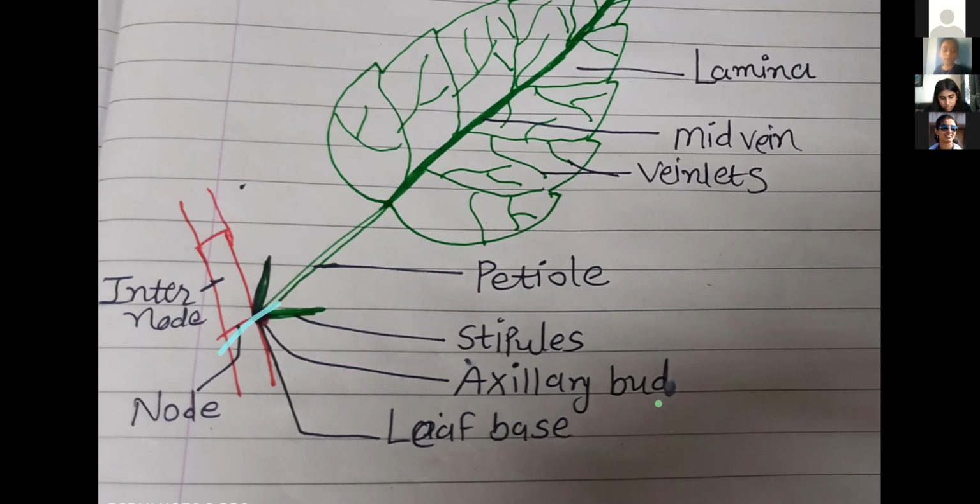Now, if you can make out over here, with this leaf base, over here leaf base is there. Two lateral flattened small leaf-like structures are present, greenish in color. These structures we call stipules. These are known as stipules. Remember, stipules are not present in each and every plant. On some of the plants, stipules are present. On some of the plants, stipules are absent. Those leaves that have stipules, we call, note down, stipulate.